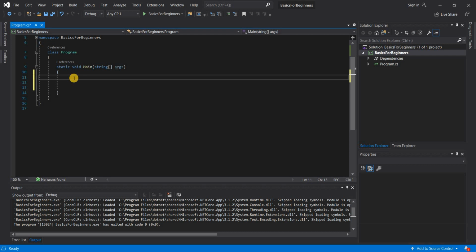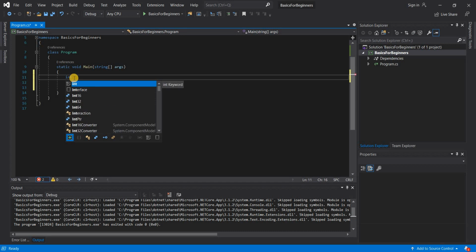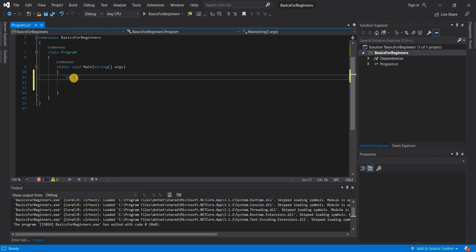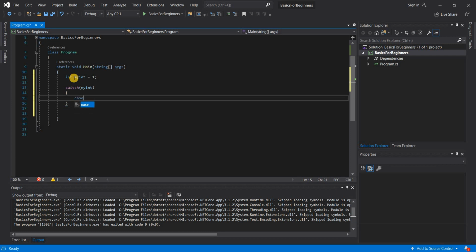Next, we'll learn about the switch statement. So switch statements execute one of the many code blocks within the statement. So to see an example for switch statement, let's take an example called example. Now I would say int my int is equal to 1. So I gave my int value as 1, and I am writing a switch statement, and I would pass my int to the switch, and I would give case 1